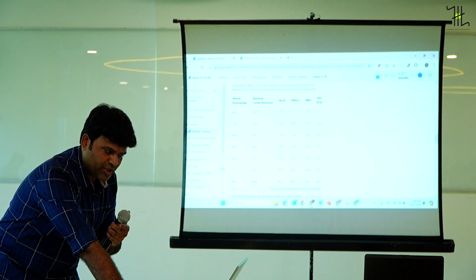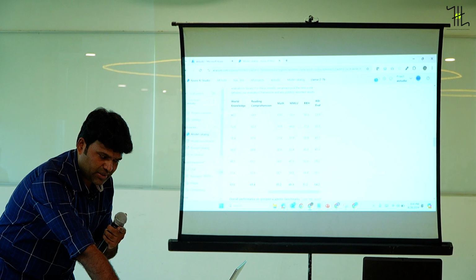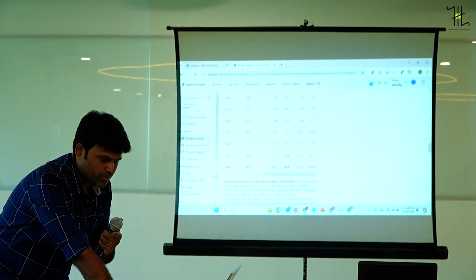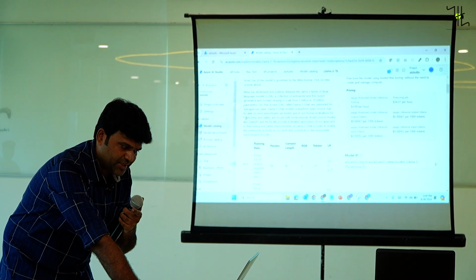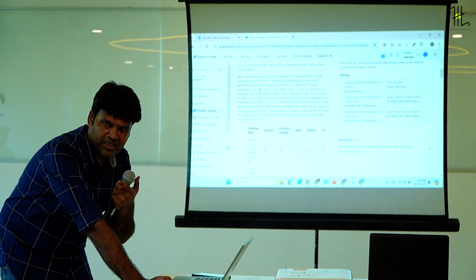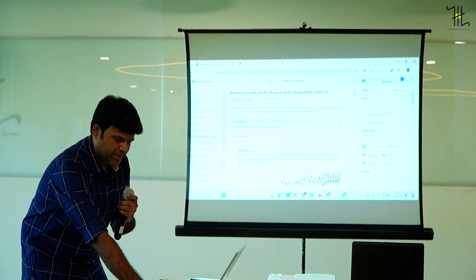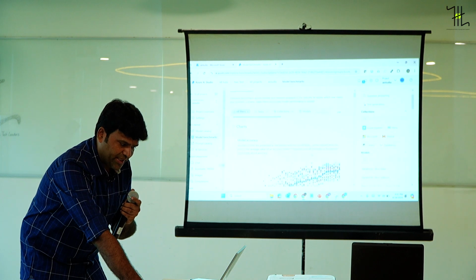And also whether you can use this model for mathematical operations or some other things, you can compare it here. Based on this, you can pick the model. For example, if you feel this Llama model will not suit your use case, you can pick the relevant model. If you want to compare some Mistral model and some Meta model, you can compare it.